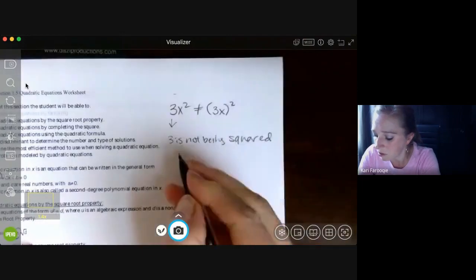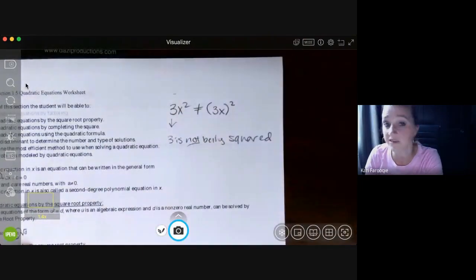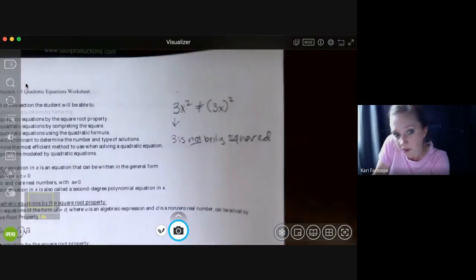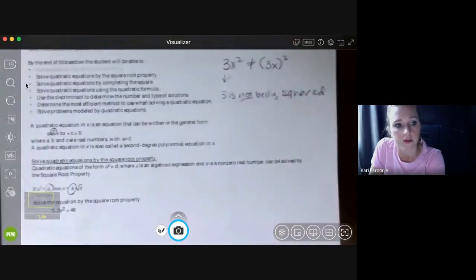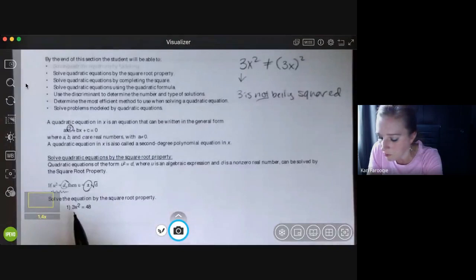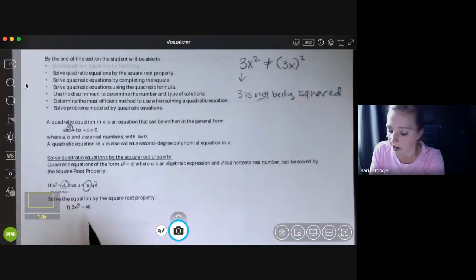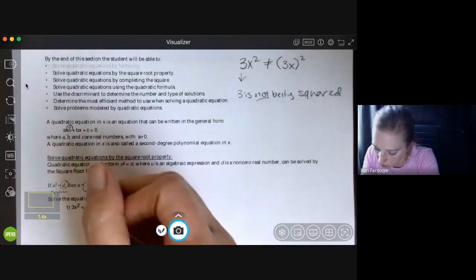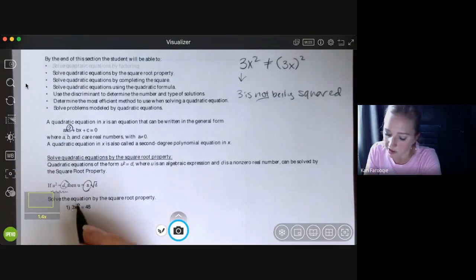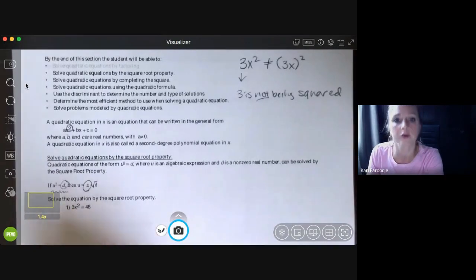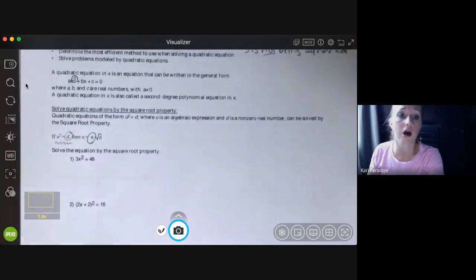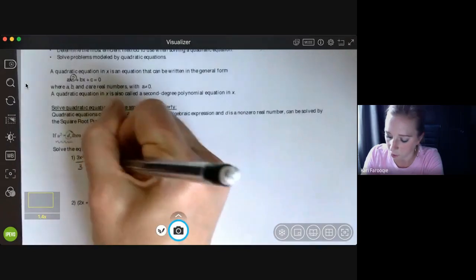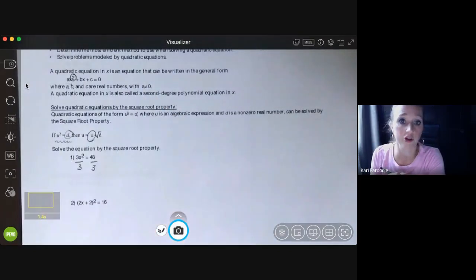And because the 3 is not being squared, that's not part of the squared quantity. That means that in order for us to solve this equation, we need to get rid of the quantity that isn't being squared. I just want the squared quantity equals a constant. In order to do that, remember that your squared quantity is being multiplied by 3. When we're solving an equation, when we want to undo multiplication, we're going to divide. So if you divide both sides of your equation by 3,